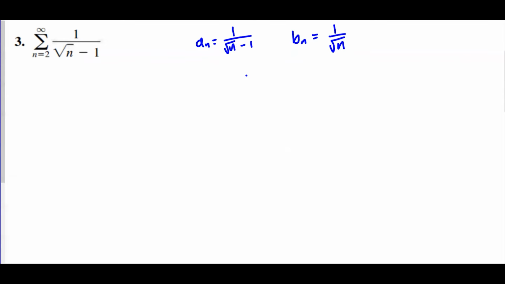Well, I know that since I'm lowering the denominator here, I'm making this fraction bigger. So this has to be greater than or equal to 1 over square root of n. Right? Now, the sum of 1 over n to the 1 half, I know that this diverges